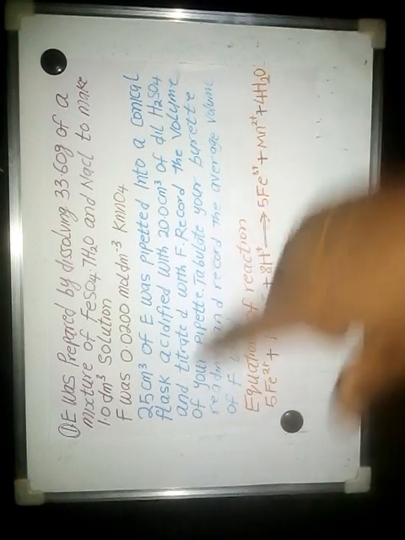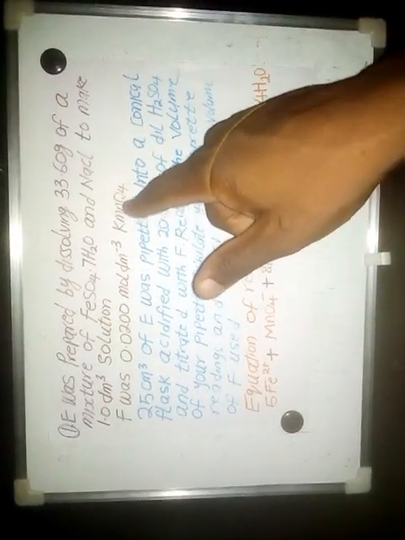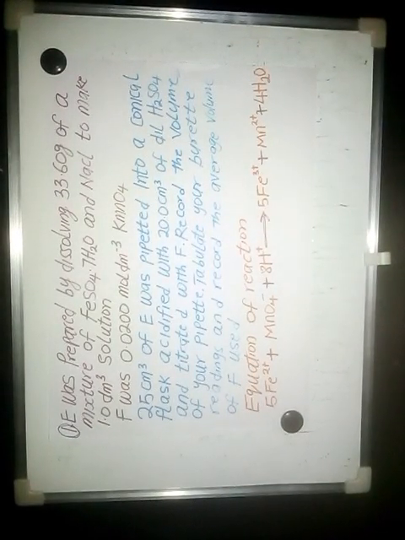E was prepared by dissolving 33.60 grams of a mixture of iron 2 sulfate heptahydrate and sodium chloride to make 1 dm cube solution. F was 0.0200 mole per dm cube potassium manganese 7. 25 cm cube of E was pipetted into a conical flask, acidified with 20.0 cm cube of dilute H2SO4 and titrated with F. Record the volume of your pipette, tabulate your burette readings, and record the average volume of F